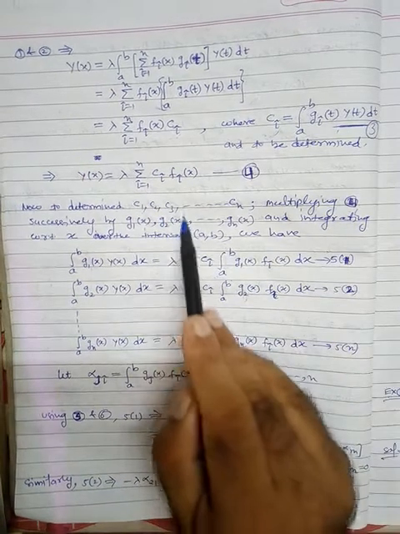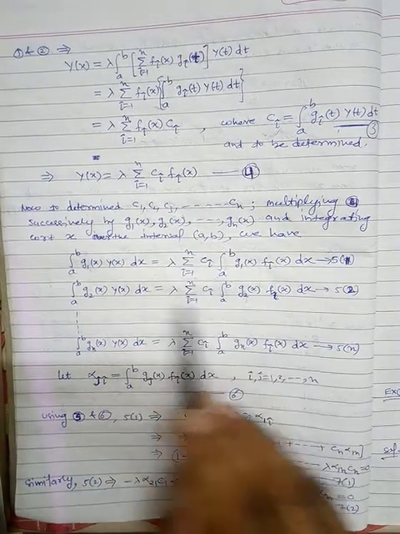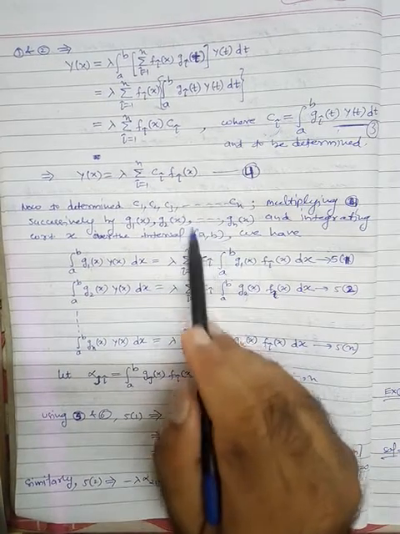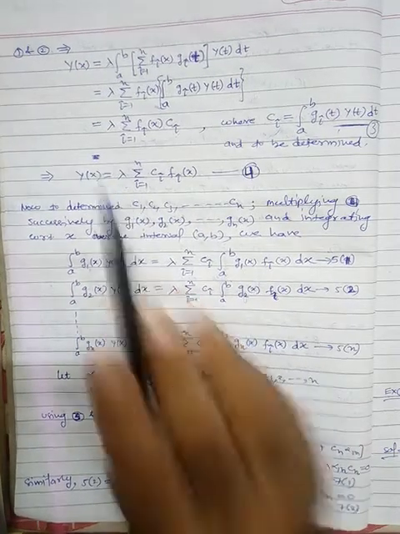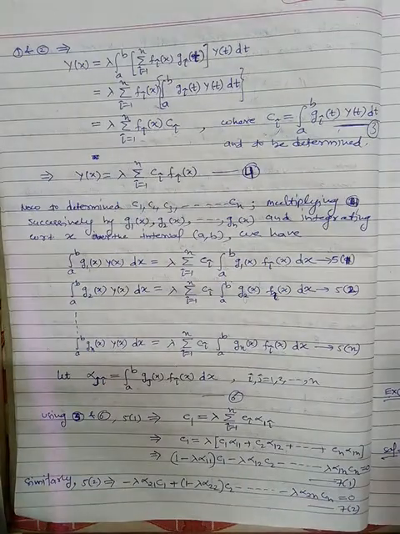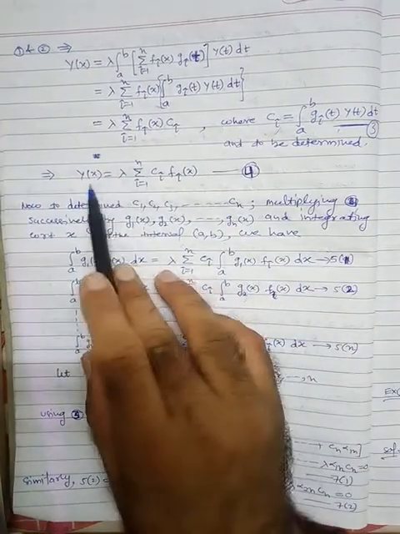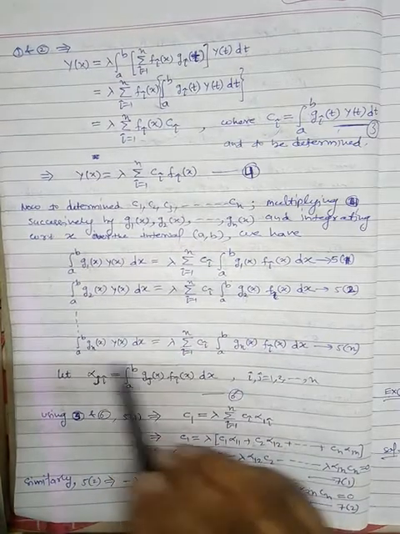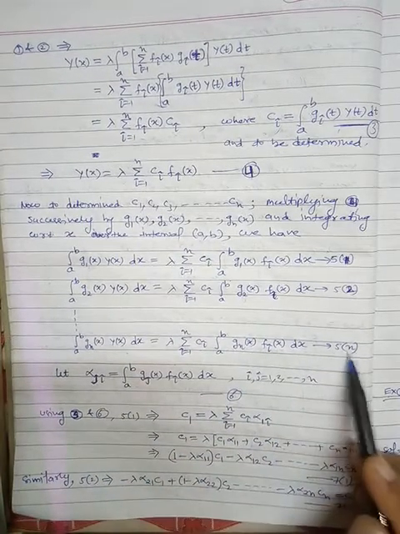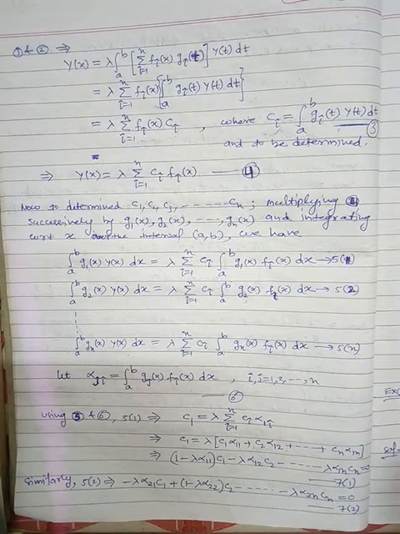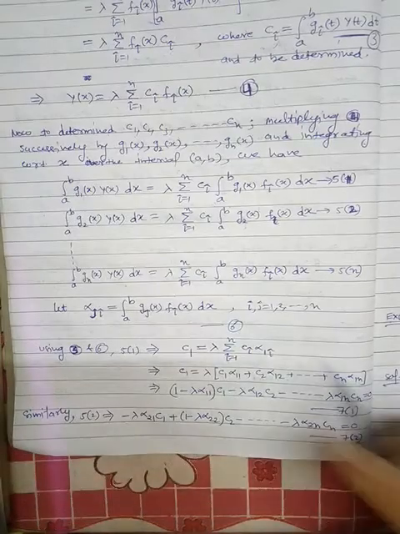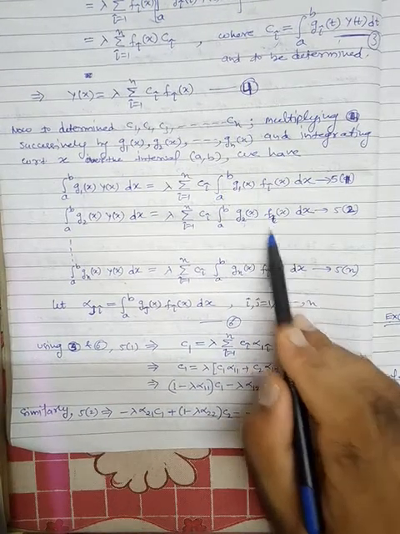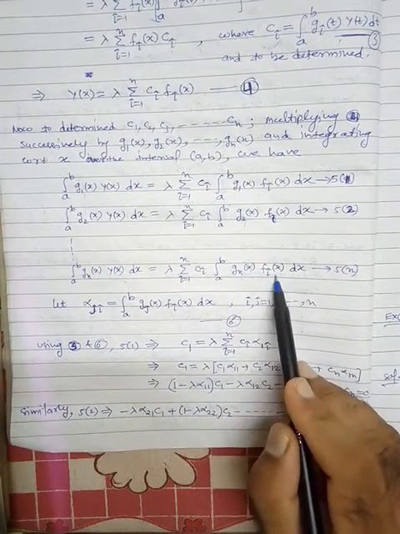Similarly, the second time multiply by g_2(x), and we will get this equation, denoted by 5.2. Again multiply by g_3(x), we will get the third equation, and finally g_n(x). So multiply by g_n(x) here, take the limits a to b and then integrate. So this is the nth equation, 5.n. So these are a total of n equations. Now you will see here is g_1(x) f_i(x), here is g_2(x) f_i(x), here is g_n(x) f_i(x).